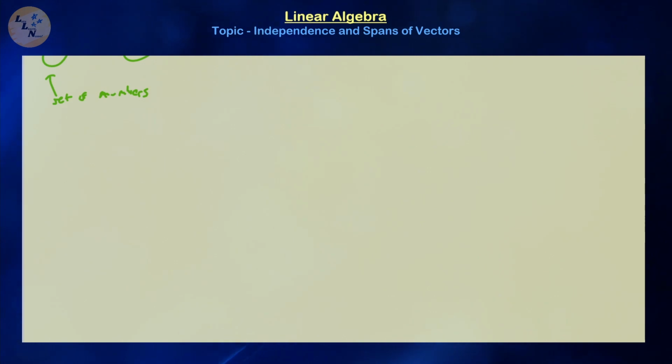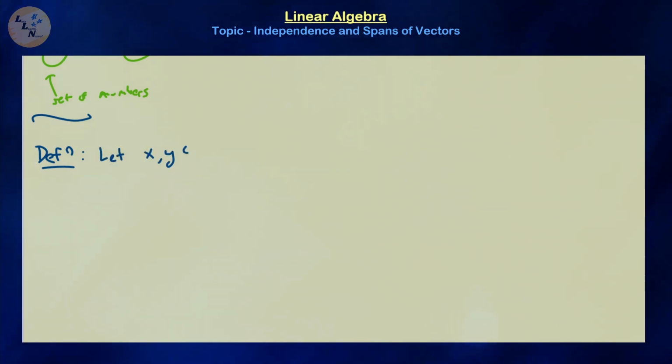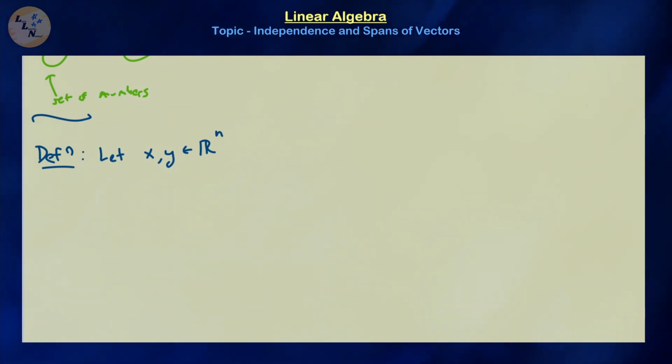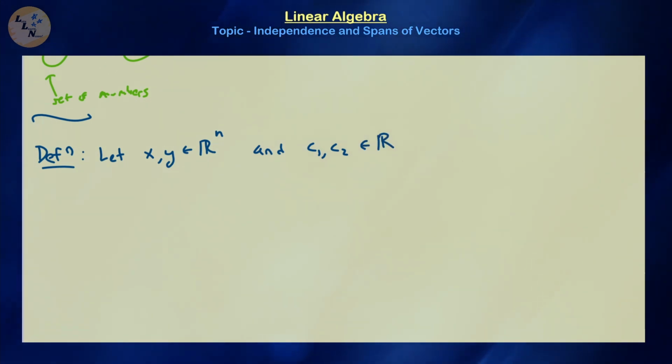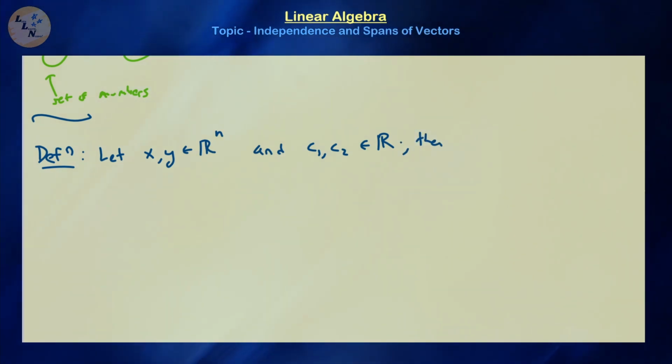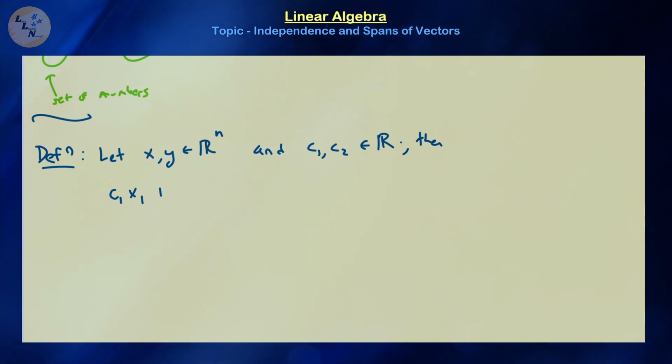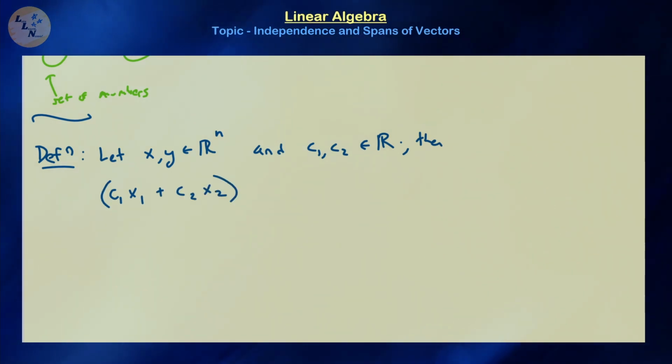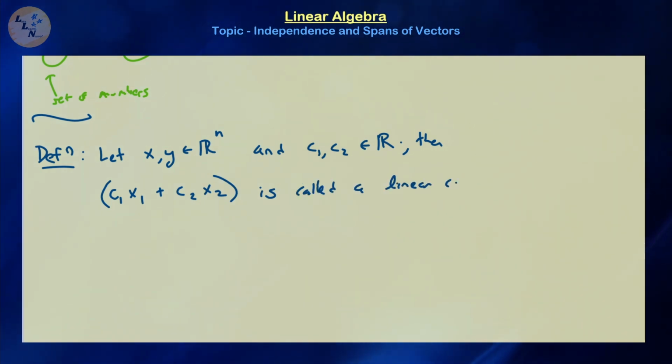So now let us define the next very important concept that we're going to be working with when we talk about independence and spans of vectors. What we're going to first do is let x and y be two vectors, and let us assume they both belong to the same exact set, let's call it Rn. So n rows, one column, and let us also choose c1 and c2 to belong to the set of real numbers. So x and y are vectors, c1, c2 are numbers. Then this expression c1 x plus c2 y is called a linear combination